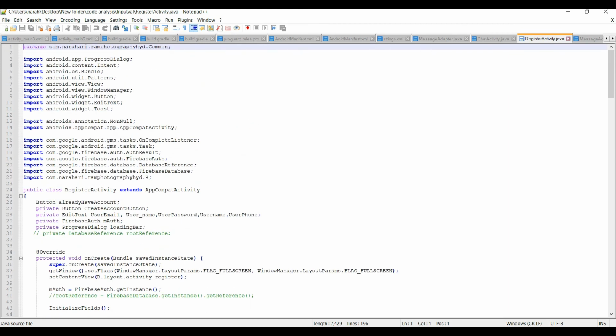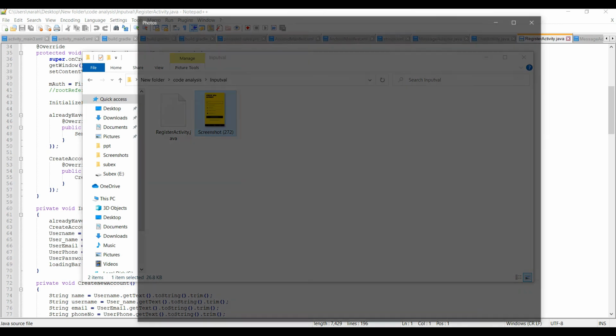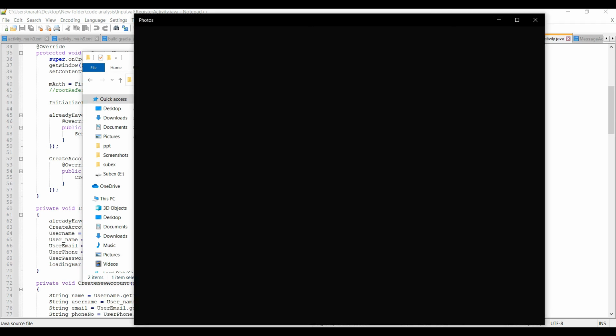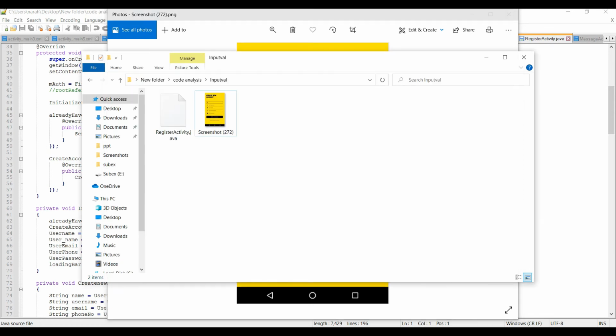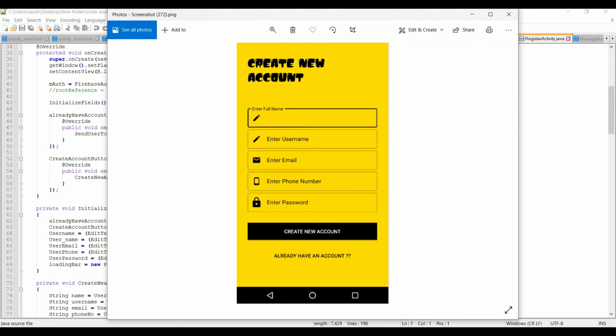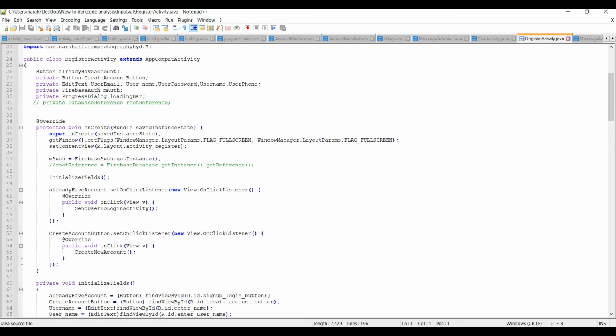In the normal application we didn't find anything. It will be useful for us when doing code analysis on this kind of application, because we can break the application. In some cases, wait, I will show you. Yeah, this is the application. From here you can see it is taking input: enter full name, enter username, enter email. Here we can see whether input validation is happening or not. For that reason I showed you this, because inside code analysis this is also one of the important parts. Okay, let's see. Here we are using five fields, and you will be pressing create an account. So from this, first we have to get inside this.